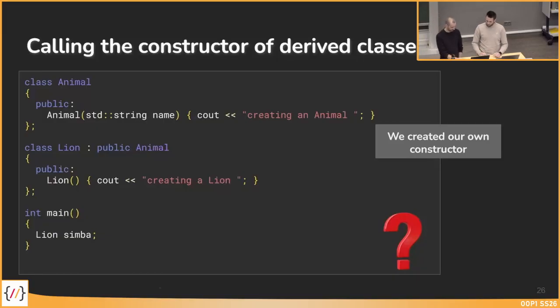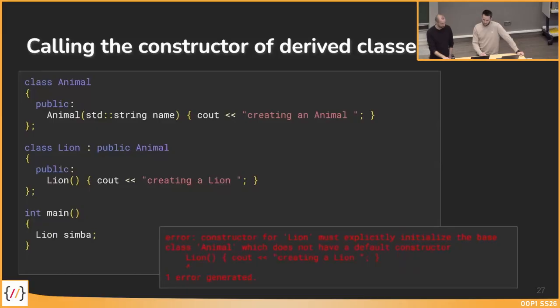And that's why this ends in a compiler error. So the compiler now says that class animal can't create an object out of this class because we do not have the default constructor anymore,